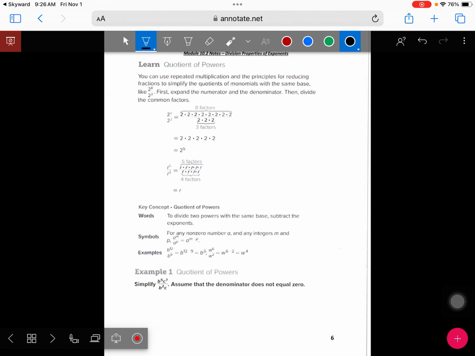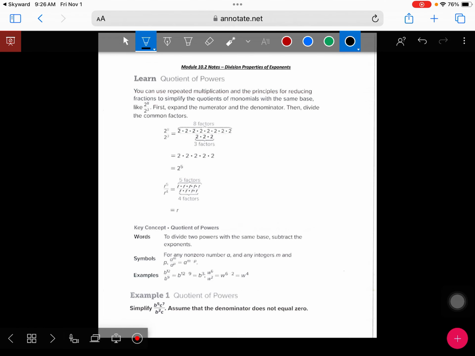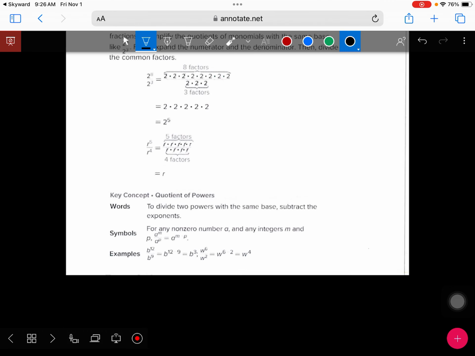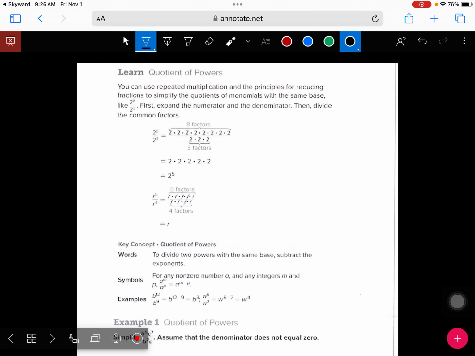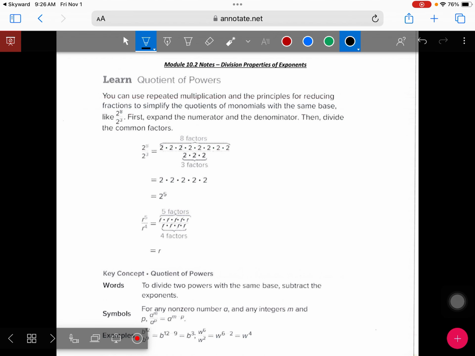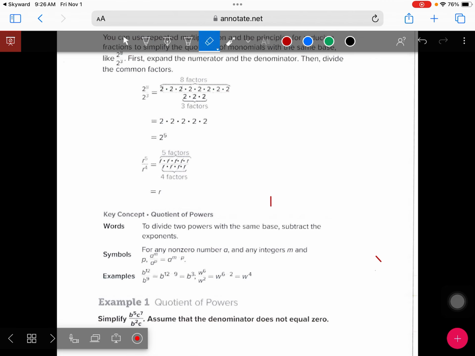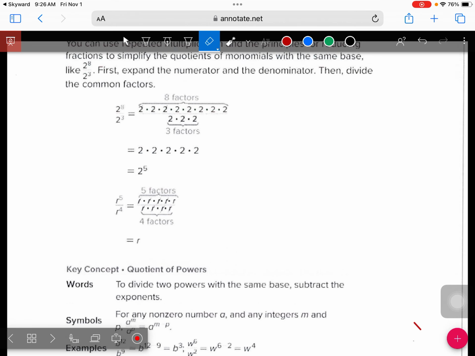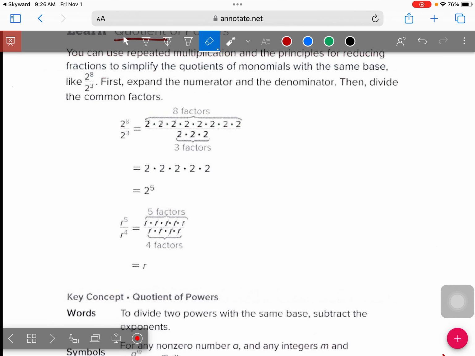All right, let's move to division. Division, this is on page 6. This is what we're supposed to be on today. We didn't get all of multiplication done. Quotient of powers. Quotient implies division, an answer to a division problem. Okay? And they show you that when you do this, you can expand the numerator and the denominator by